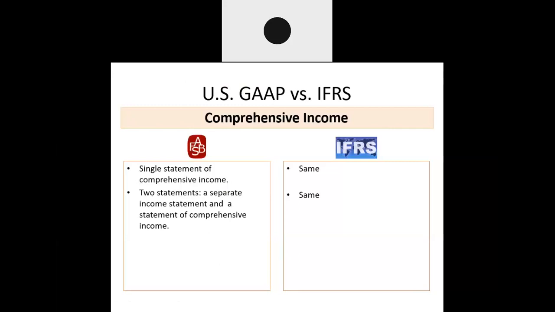The rationale behind the decision to not allow the third presentation option is to clearly segregate the changes in equity arising from transactions with the owners and